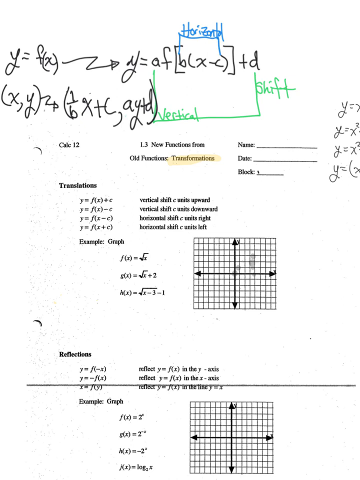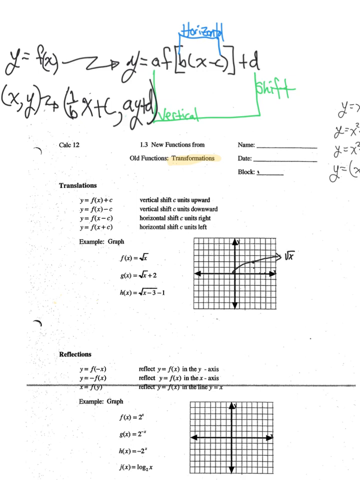If x is 9, then y would be 3. And so here is my graph. One, 2, 3, 4, 1, 2, and 5, 6, 7, 8, 9, 3. So there's my graph for